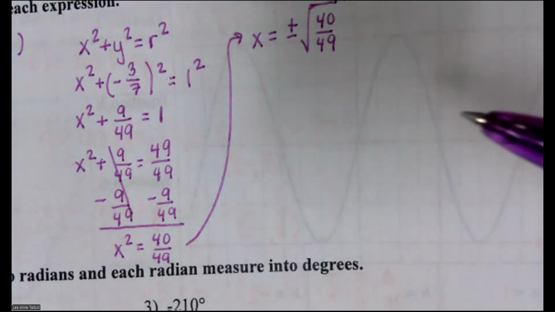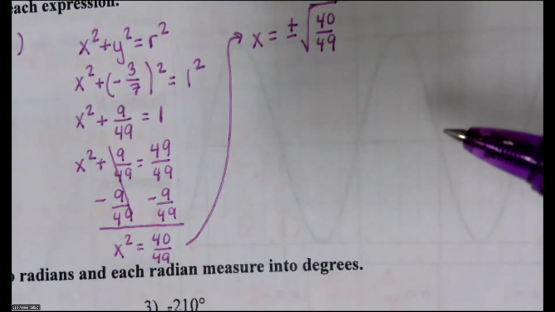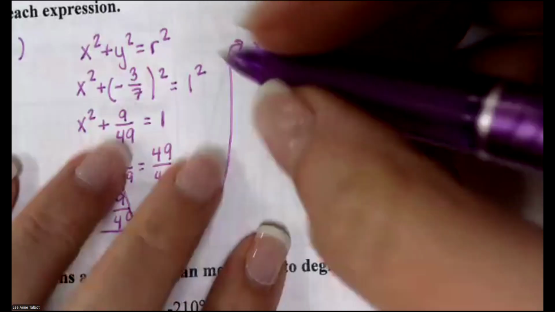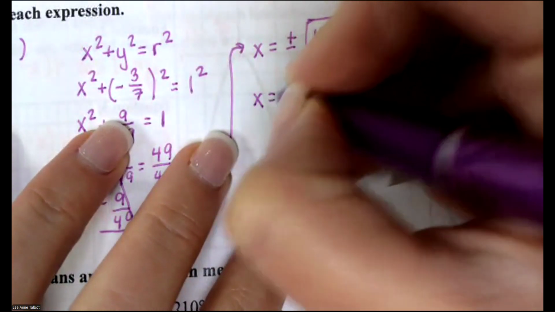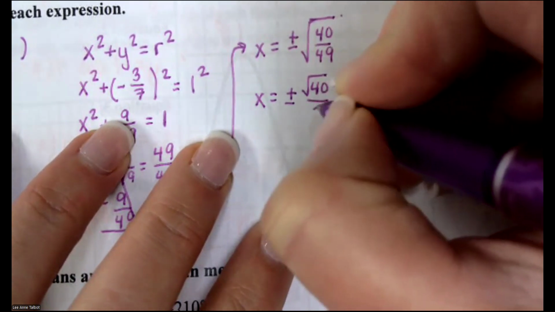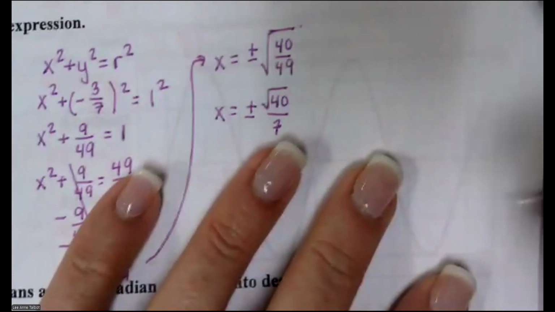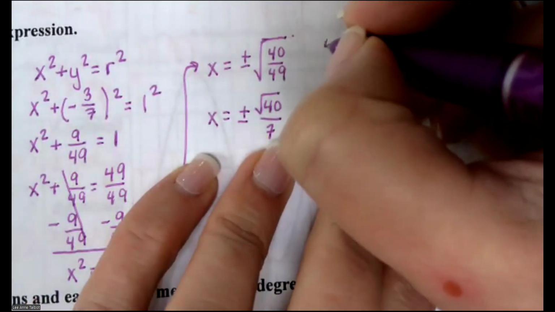I haven't done any simplifying yet, but are you guys with me so far? Perhaps? Okay. X equals plus or minus. I'm going to make this root 40/7. Okay, and then over here,